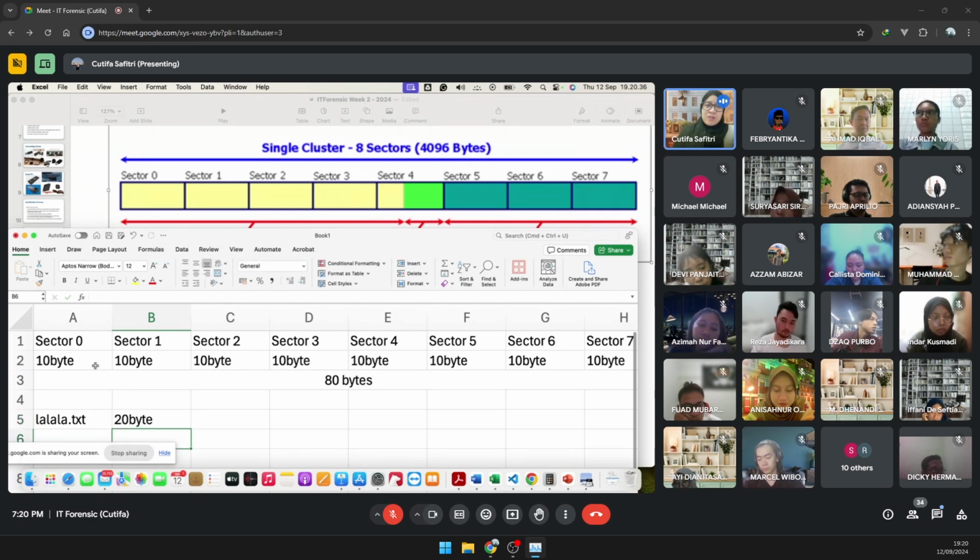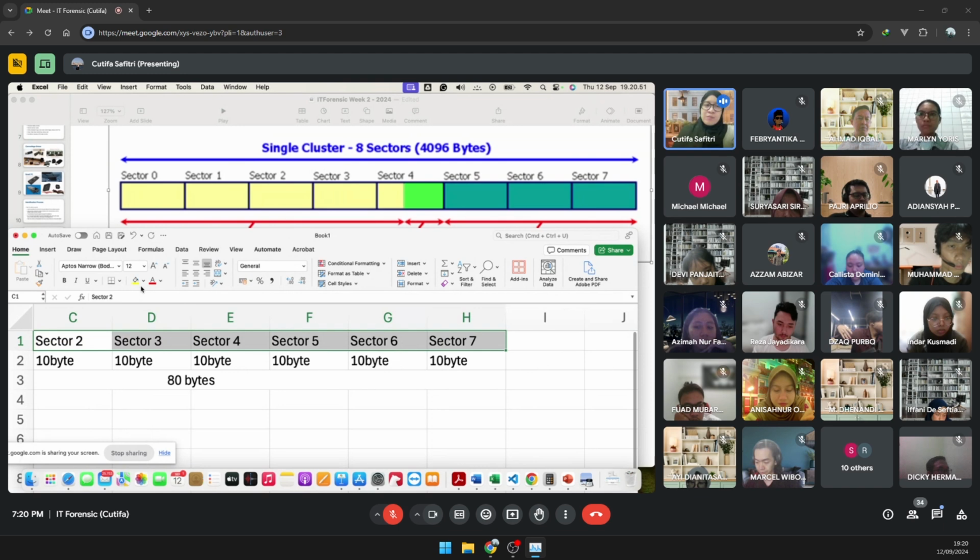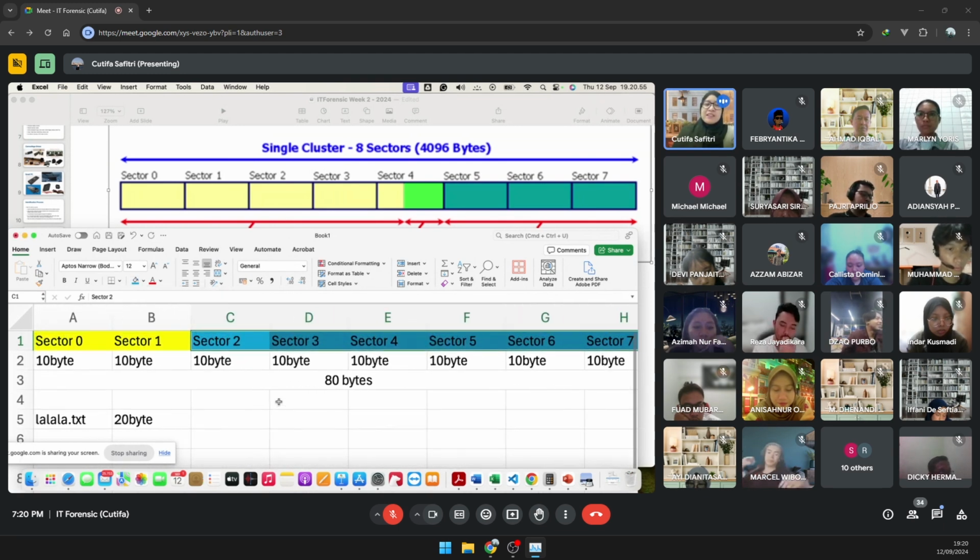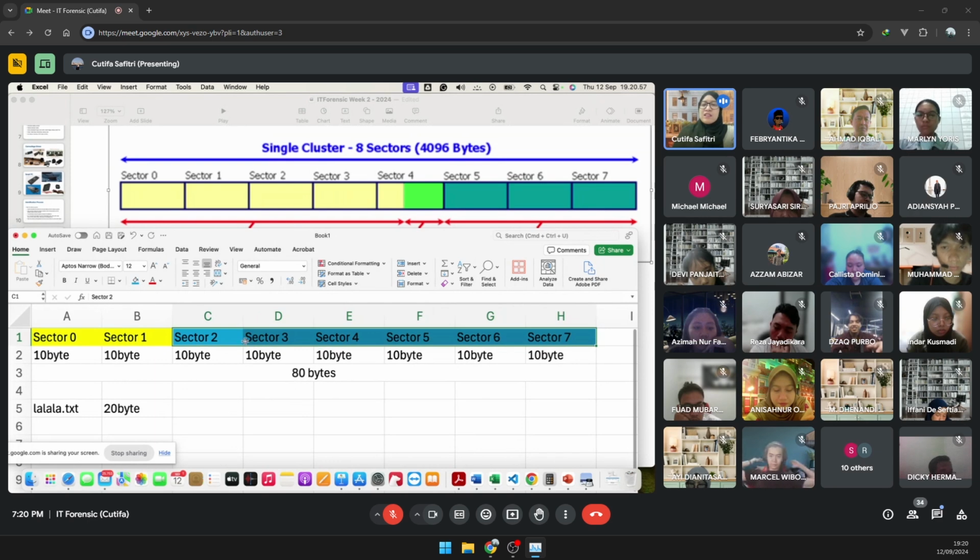So it will be stored in sector 1 and sector 2. But once you occupy a cluster, you have to occupy the entire cluster. So although the rest of this cluster is not being used, it cannot be occupied by other data. So this is a waste now.